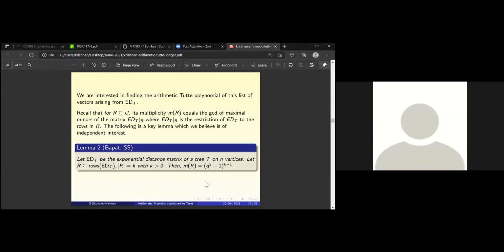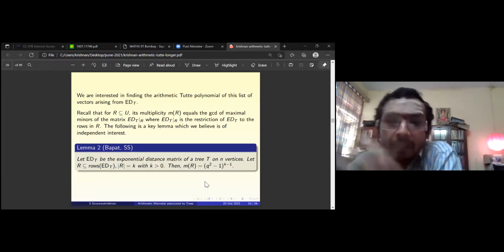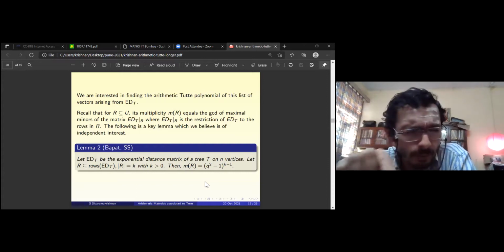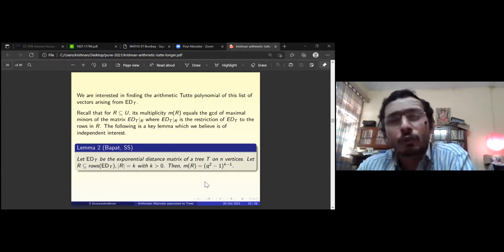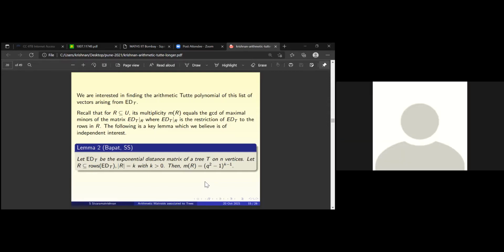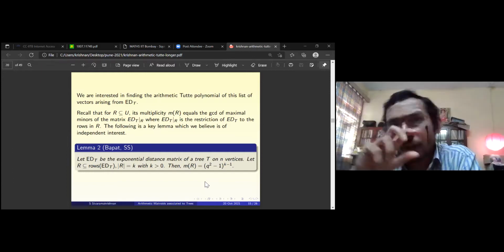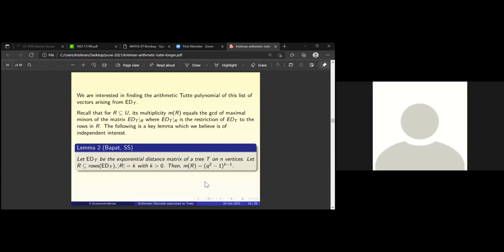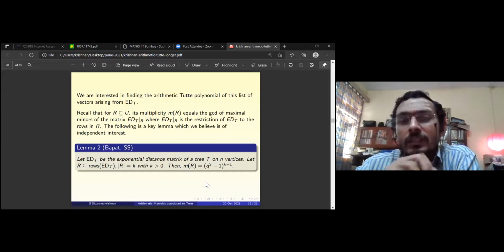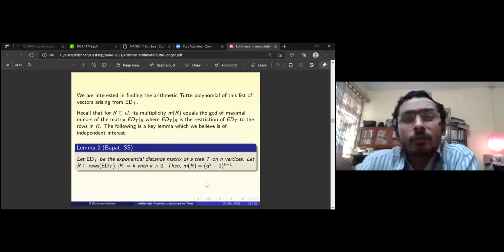For one minor it turns out to be 1, and for other minors it turns out to be some Q squared, Q cubed, some power of Q. We don't know a good answer for that. The GCD for a minor is a power of Q. It's not a polynomial, just a power. We don't have a proof. In all examples it turns out to be a power of Q, and we don't know why. So that's another interesting thing; maybe there is something interesting here that we can try to do.